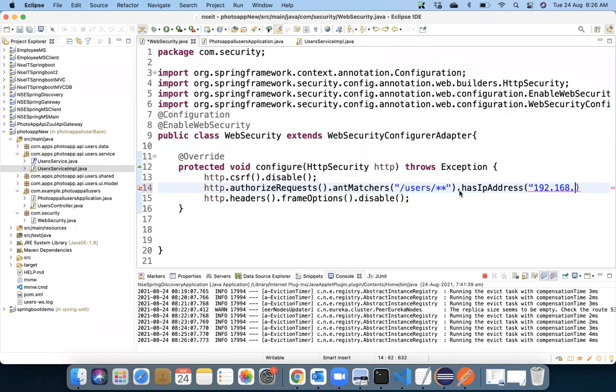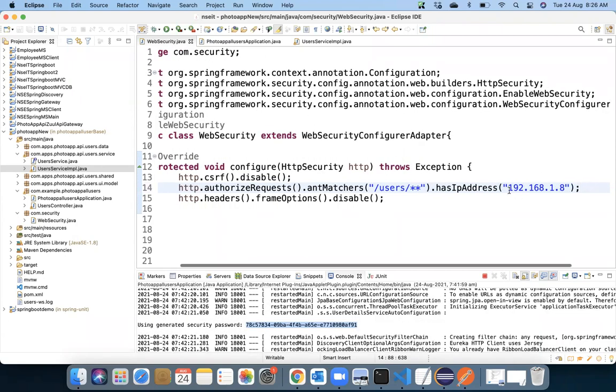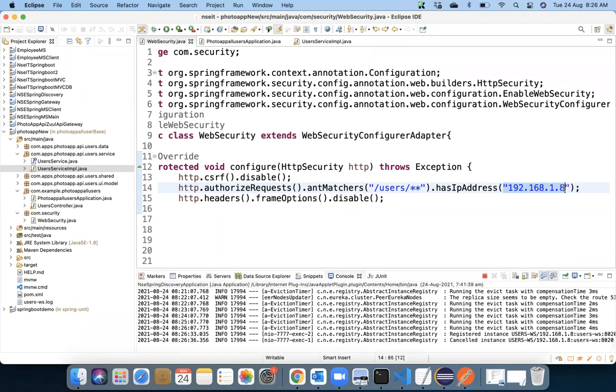Which one? 1.8. Okay, now you check whether it is working fine. Now it will entertain only those requests which are coming from this IP address.